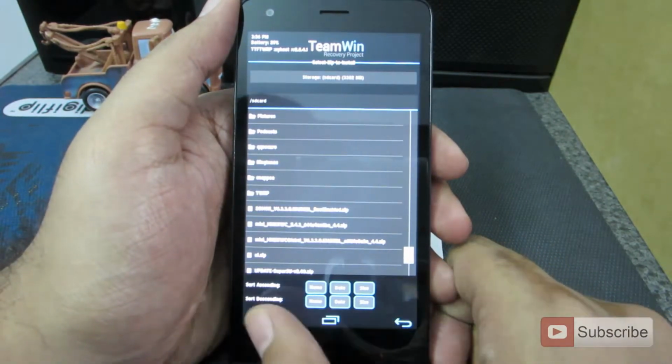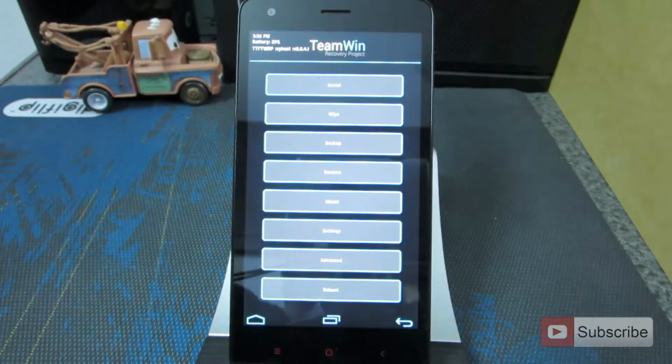So just in case guys, if you are getting an error message saying that this ROM is meant for version HM 2014-811 and your device is HM 2014-813, then it simply means that you have installed the wrong recovery on a wrong phone. So make sure that you install the proper recovery for the correct device. A general rule of thumb would be, if your phone is a global phone, like if you have bought it anywhere other than China, then you should install the recovery for HM 2014-811. And if it is a Chinese phone running Chinese ROM, then you must install the HM 2014-813 recovery.